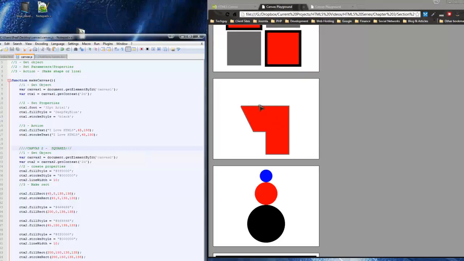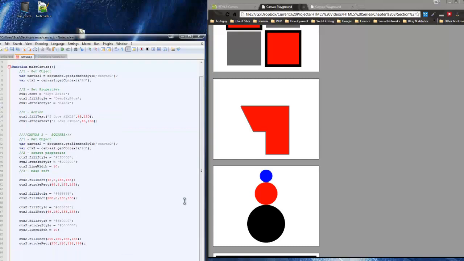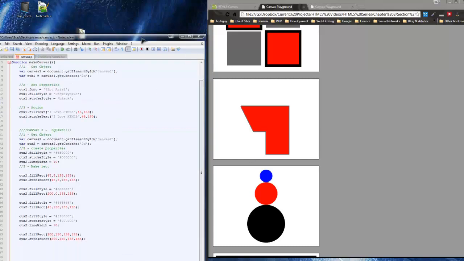You know, this is just obviously a quick little design that I created. Nothing special, but this is a novice HTML5 series, and I don't want to get into too much JavaScript because this isn't a JavaScript series, even though we have been doing some JavaScript. So let's go down,